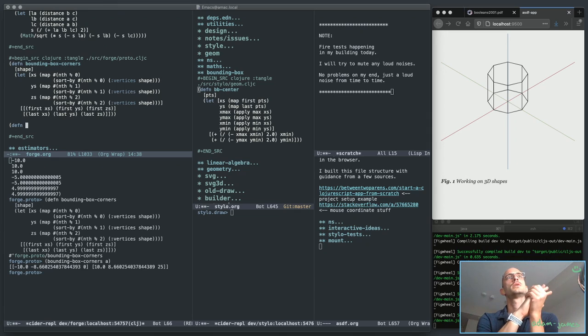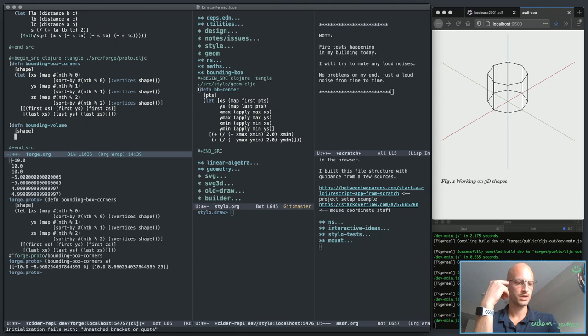Let's do produce a bounding volume of a shape. Okay, so what's going to happen here is we're going to let the corners be, what's the smart way to do this? What I want to do is take the corner values and use those to